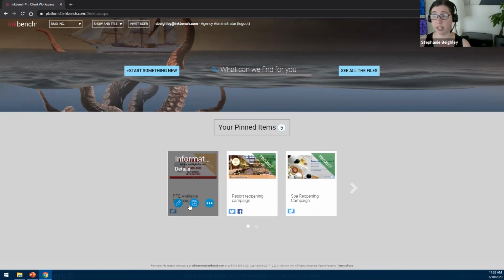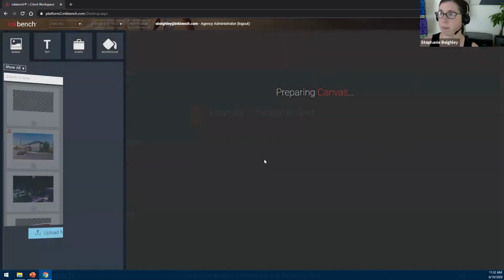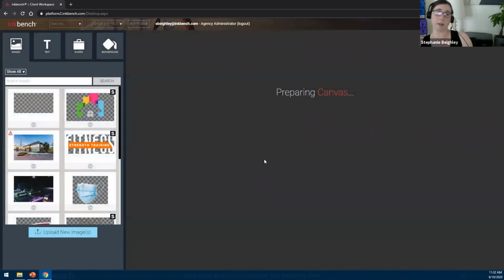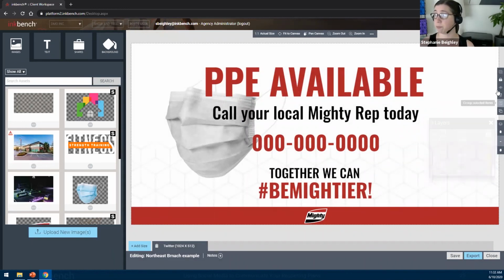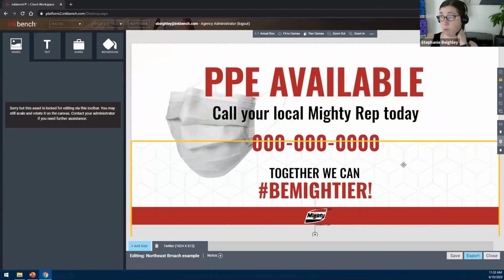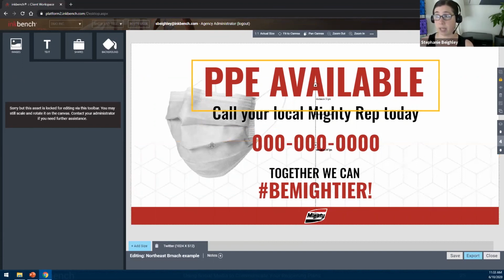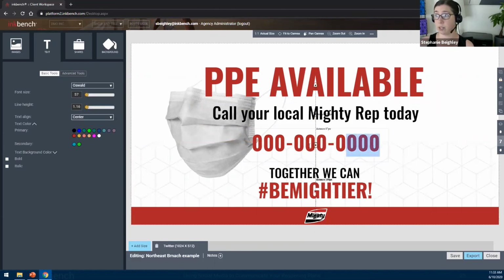So in this case, I created a template based on that. And I'm going to say it's the Northeast branch example. Pardon my terrible spelling while I'm going. So with Inkbench, you can create a template from an approved layout and design. Everything here has been approved for use. And you'll see that almost all of it is locked down. So if, for example, one of Mighty's local reps wanted to go in and use this on their own Twitter account, they would not be able to change the graphics or the layout or the logo. But what they can do is go through,